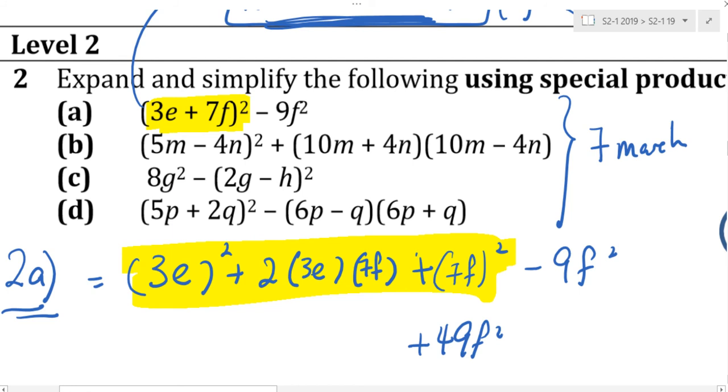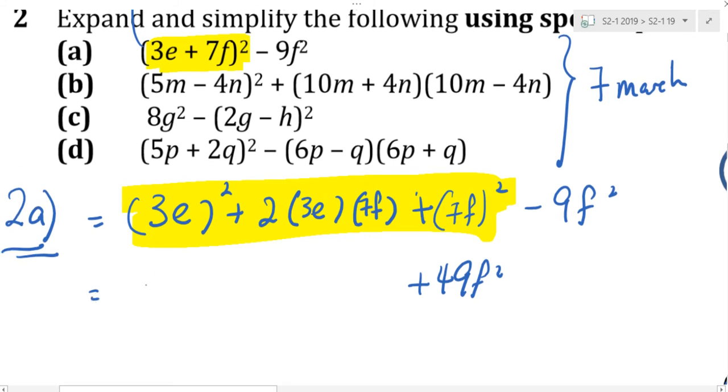Isabel, you want to try? (3E) squared. I expand, what do I get? Is it 3E squared or is it 9E squared? 9E squared. So then, the answer here is 9E squared plus, I have 2, I have 3E, I have 7F. So what do I do? Felicia, what will you do? 2 times 3 times 7. Alright, why? Because number times number, why not? So 2 times 3 times 7. Press calculator, what do you get? 42. So you have 42